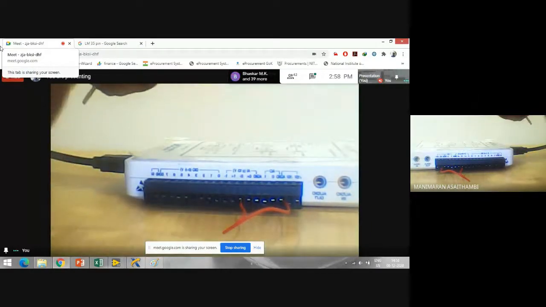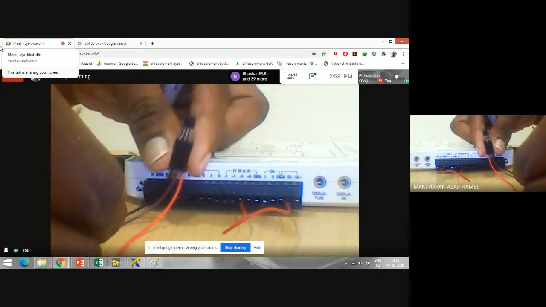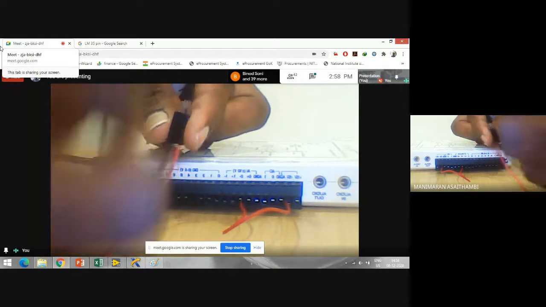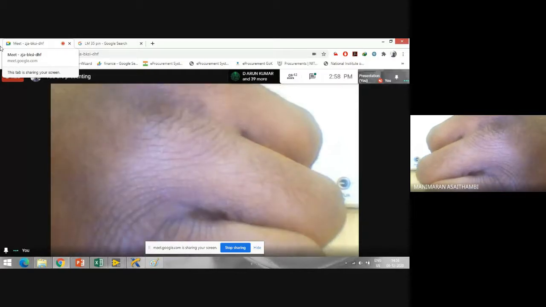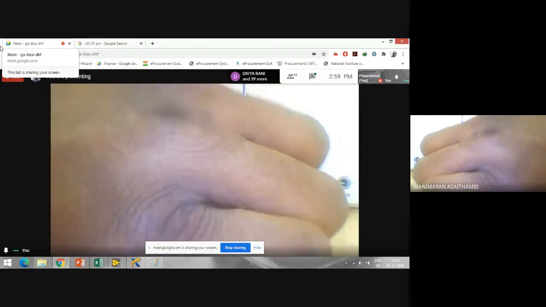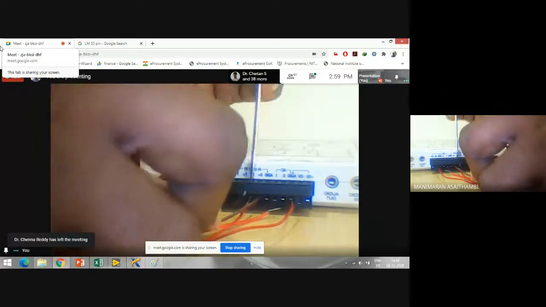So I'm connecting the sensor output wire, brown color, to the analog input channel positive. And I am connecting the sensor ground terminal, black, to 0 minus.